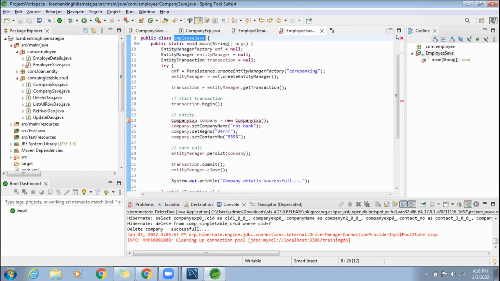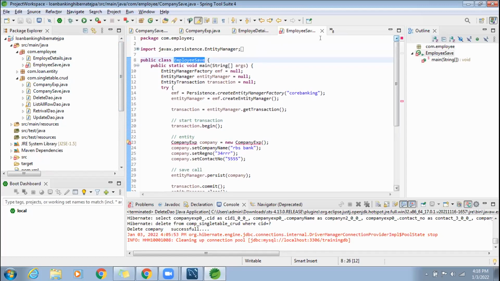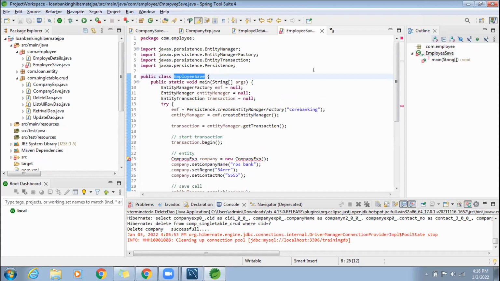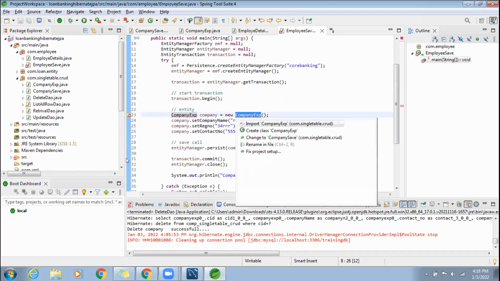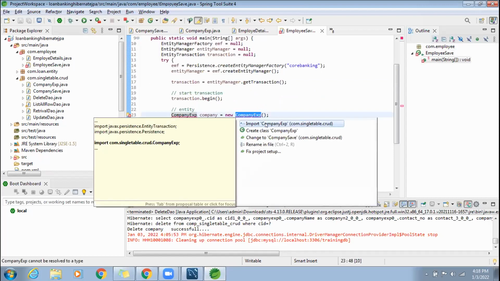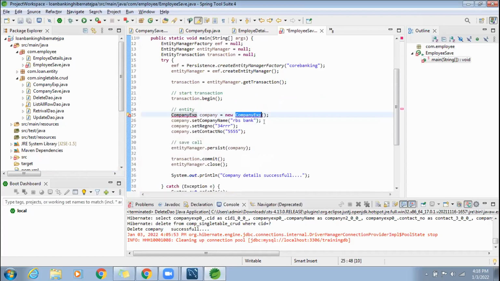Either you can go above or you can click the red mark. It will self-suggest. Okay, sir. First expand the third one. Go to the third line and expand that. So is there a company EXP? No. Click the red mark. Double click. Okay, sir. See, now the error went.